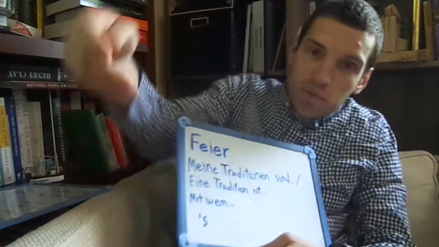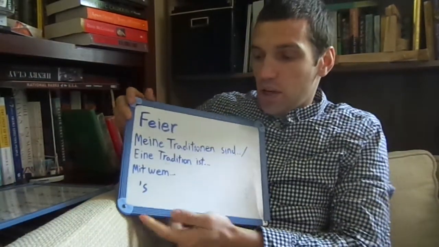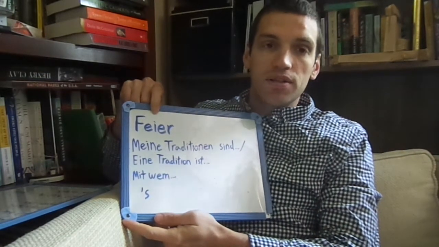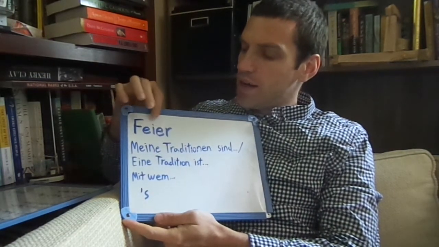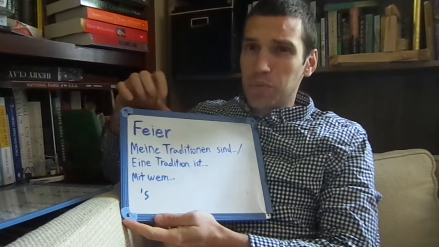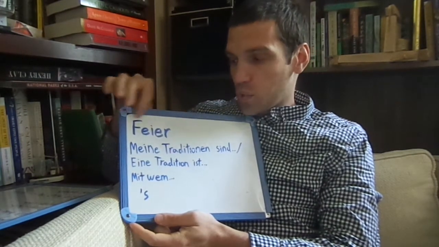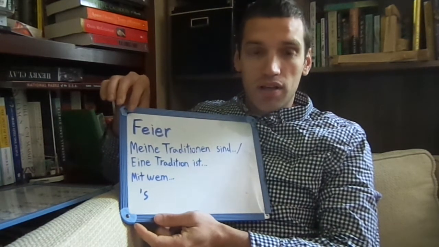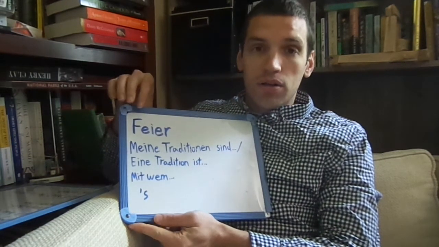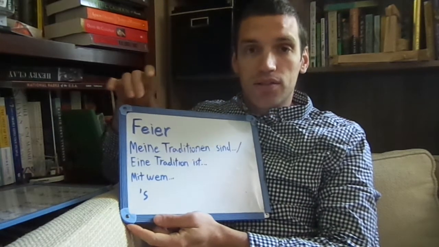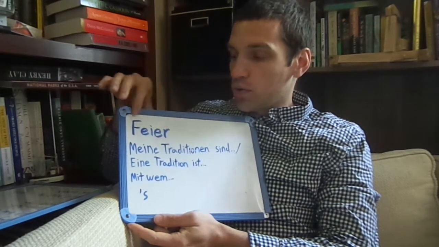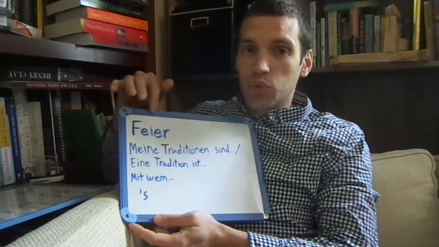A little bit different because we're talking about one of the Flipgrid assignments. So first thing is a word that I see students consistently have a little bit of trouble with is this E-I-E sound that's a little bit weird to make. So we're going to pronounce this word Feuer, fire. So if we're using the verb to celebrate, we're going to say feiern. Lieblingsfeiertag is another time it might come up. But just this E-I-E sound that you see in a lot of different words can be a little bit